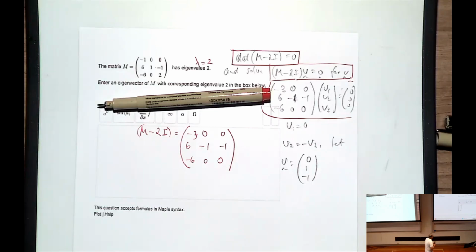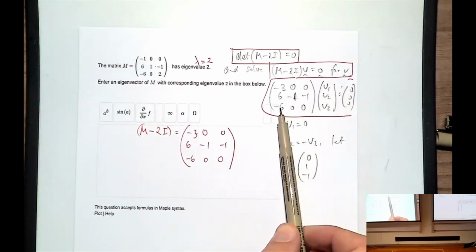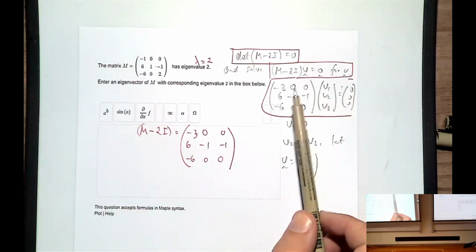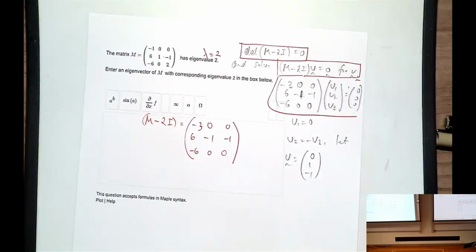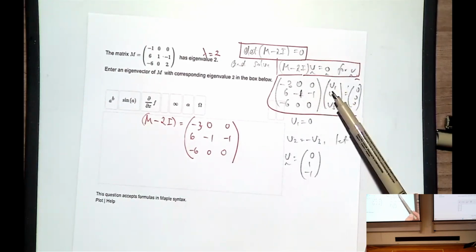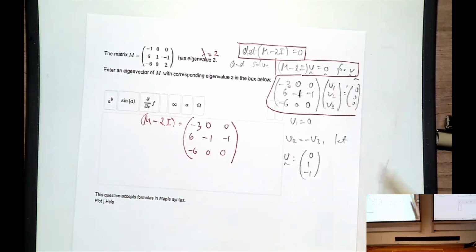Okay? So let's look at the first row. Negative 3v1 plus 0 equals 0. Negative 6v1 plus 0 equals 0. So row 1 and row 3 give you the same information. Okay? It doesn't tell you anything new. Okay, but row 2, what does row 2 tell you? Row 2, 6v1 minus 1v2 minus 1v3 equals 0. Now, v1 is 0. So